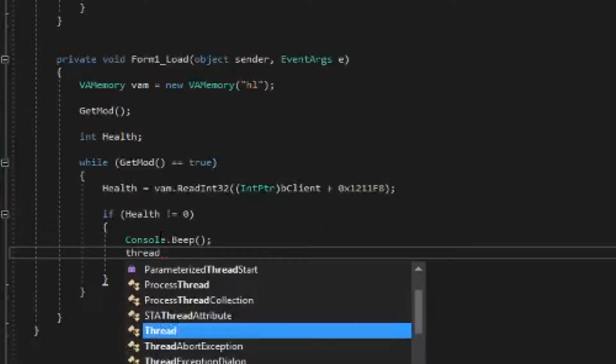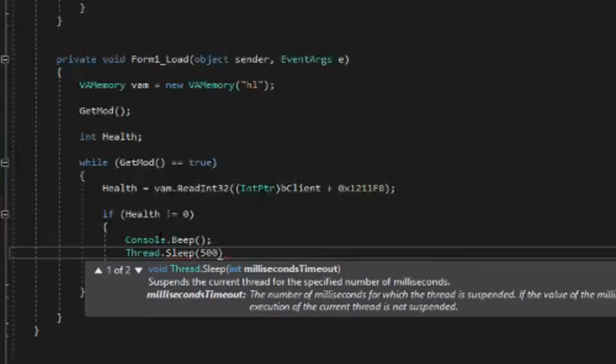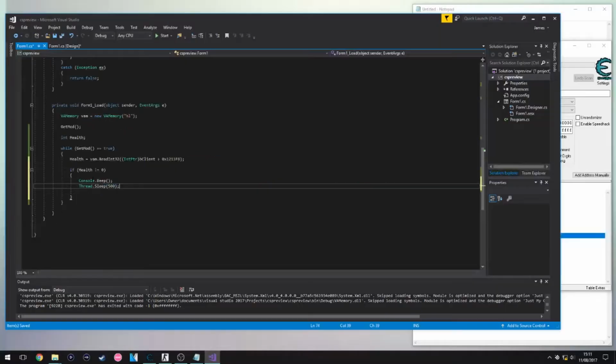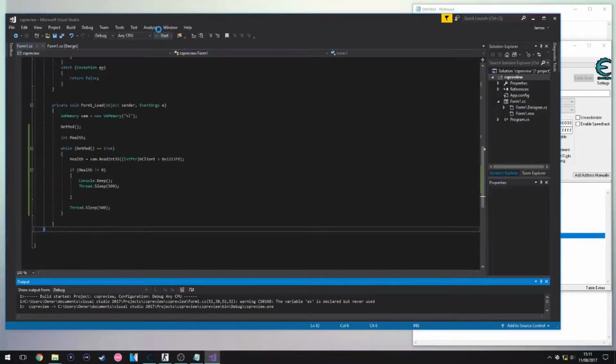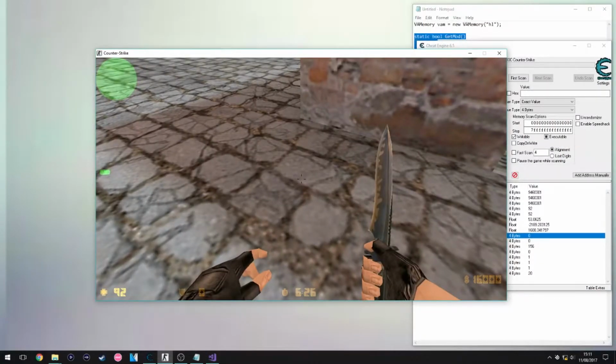Then we use Thread.Sleep for 500 milliseconds. And we're going to make it sleep within the loop while we're at it. So now I need to add